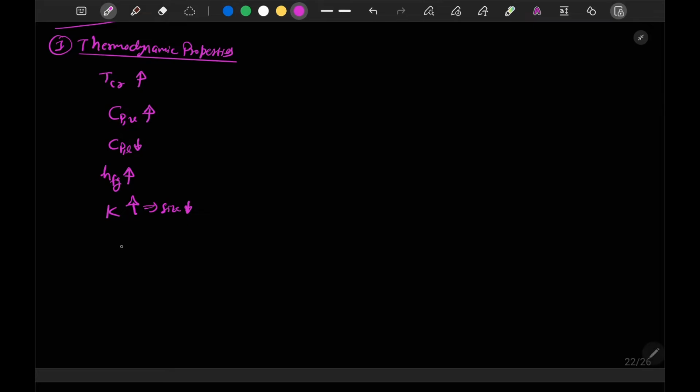Pressure of the condenser should be moderate. Pressure of the evaporator should be around 1 atm, atmospheric pressure only. The compression ratio, or pressure ratio, should be low. Freezing point should be low, so that it can be used for lower temperatures. Compressor discharge temperature should be low. COP should be high, of course, as you know.